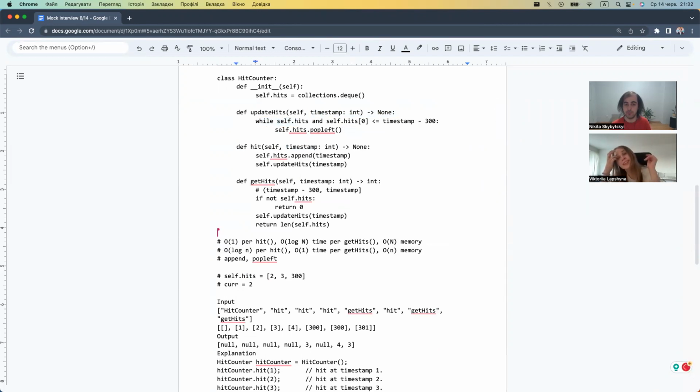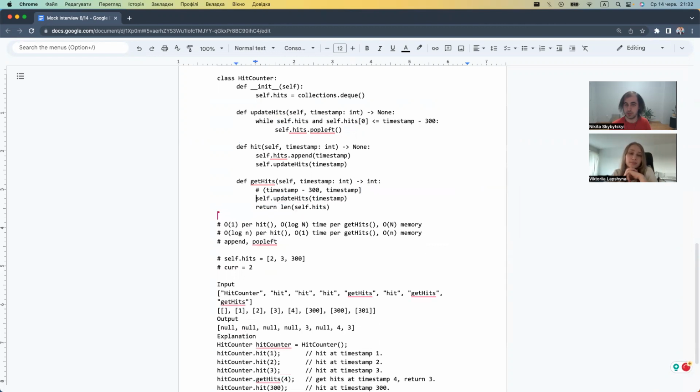От. Таке. Ну і тоді ось це насправді можна прибирати. Це також можна, це leftover того, що у нас там було. Зараз update hits нормально працює, навіть якщо вона порожня, і len порожнього це дійсно 0.